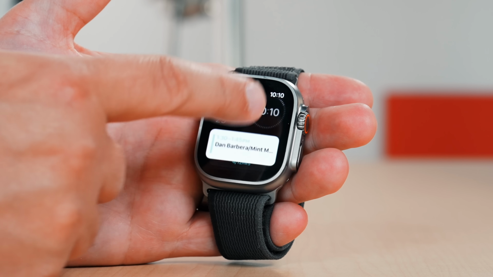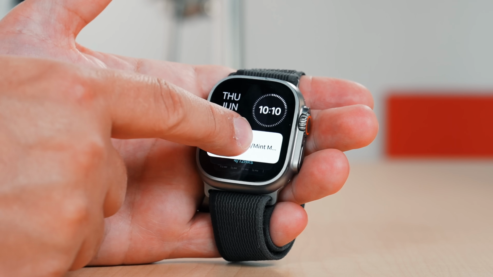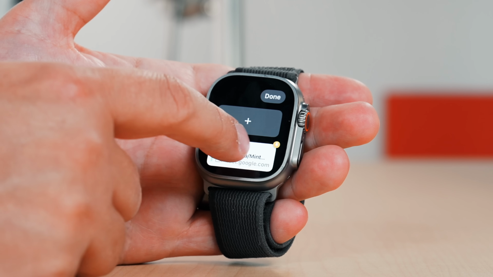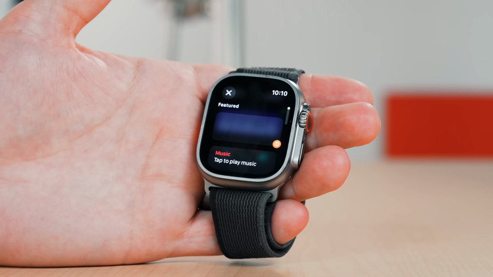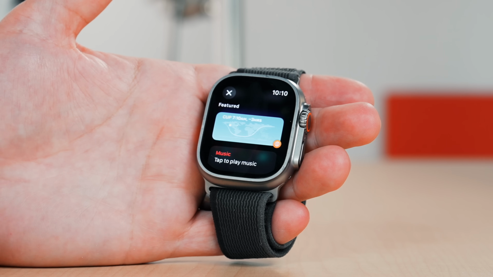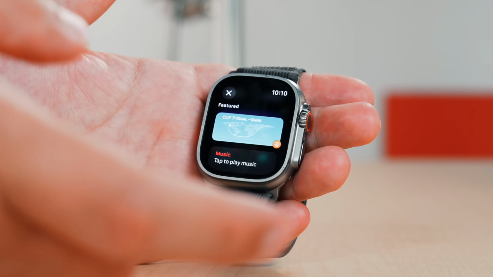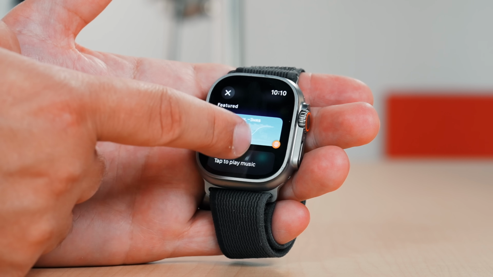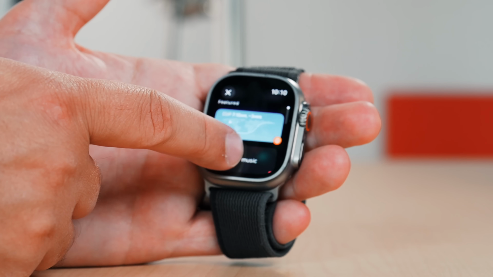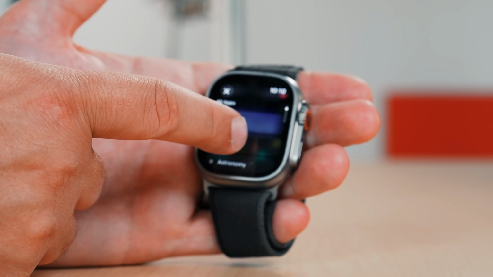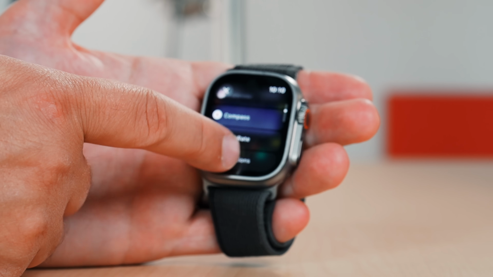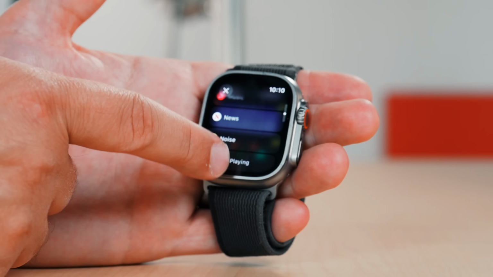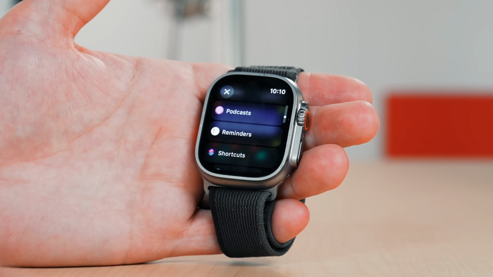But the one thing that you can do is obviously you can long press and you can get rid of some of these things. So let's say I want to get rid of heart rate, but I want to add something else. I can do that pretty easily, just kind of like how we normally add widgets and things to our iPads or our iPhones. You can do that in the same way. You just long press, hold, then press the plus button, and you have a bunch of different options. There's activity, alarms, different audio books, astronomy, heart rate, medications, mindfulness, music, noise, and then of course when third-party apps come in,